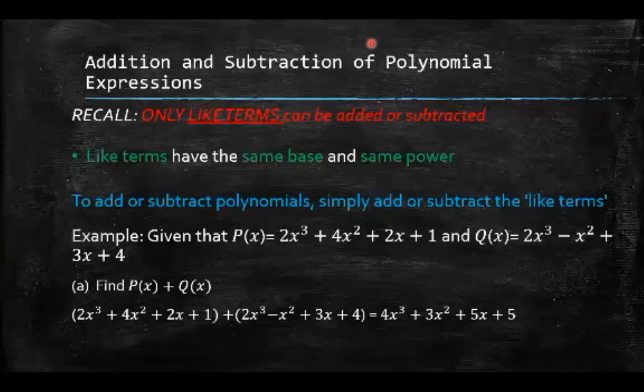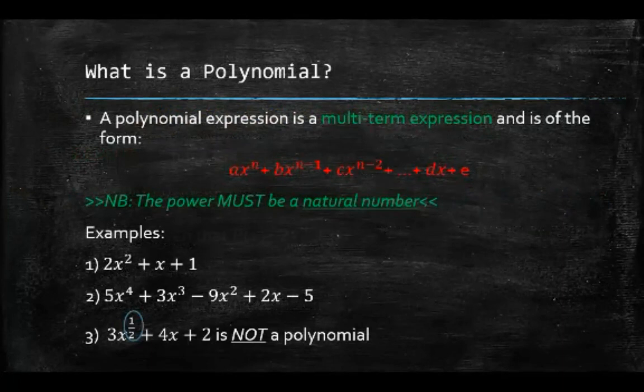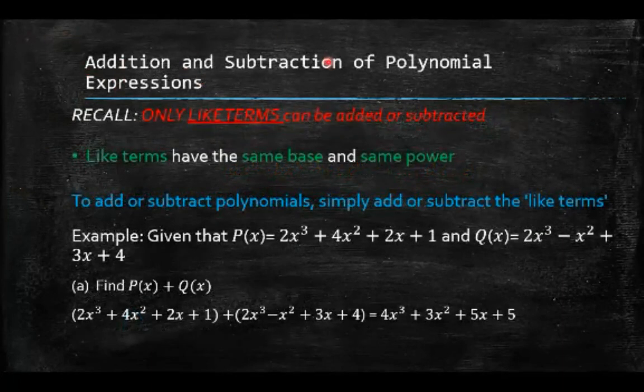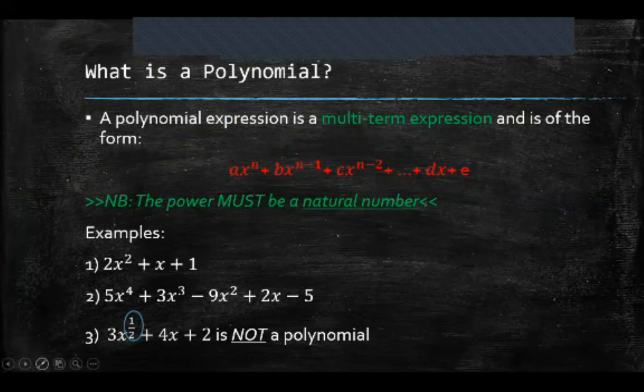Well, addition and subtraction of polynomial expressions. So just in case you want to know where we are now, that's this first one, right? Operations of polynomial expressions: addition, subtraction, multiplication, and division. This is addition and subtraction. So what I need you to recall is that in algebra, only like terms can be added and subtracted. But what exactly are these like terms? Well, like terms have the same base and the same power. What do I mean by same base and same power? Well, when we were doing indices, for example,